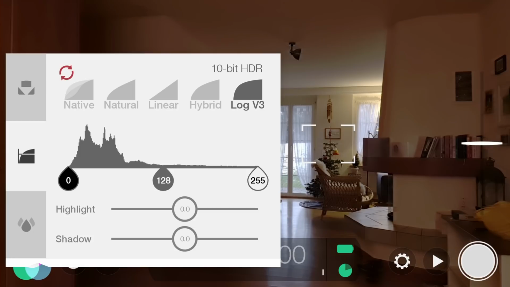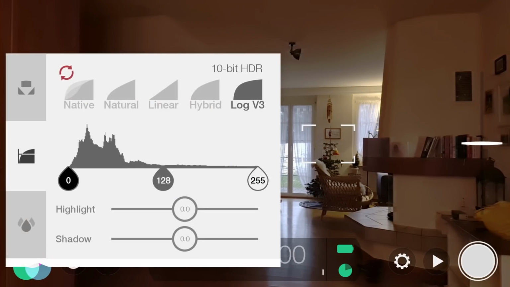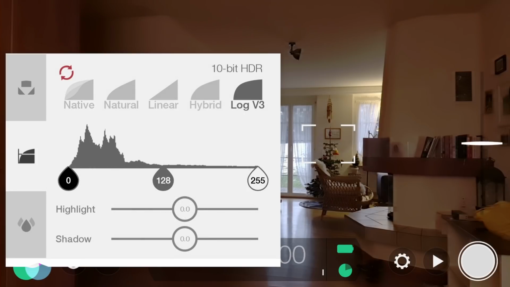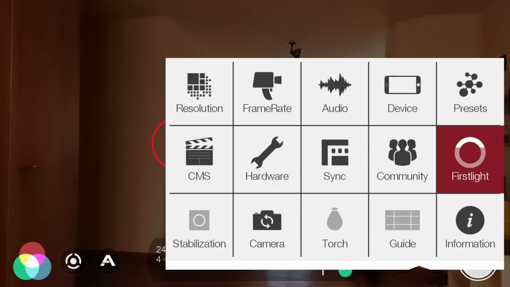Another problem is that log uses more processing power. Your device is more likely to overheat. FiLMiC Pro even limits some devices so you can't shoot 4K and log at the same time. But shooting 4K, to my mind, is more useful than log, actually. If you can shoot 10-bit color and you want to shoot log, then I would choose that. 10-bit depth gives you more color information to work with later. Well, this is just how I do it, so why not test both methods and see for yourself which looks